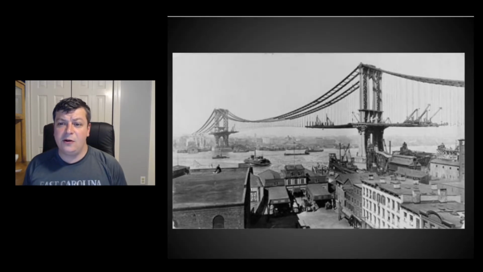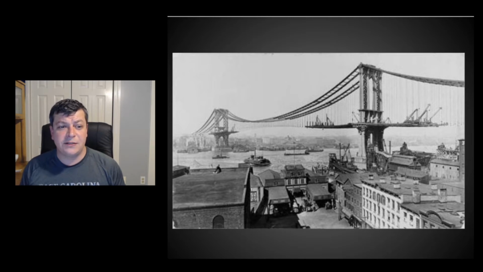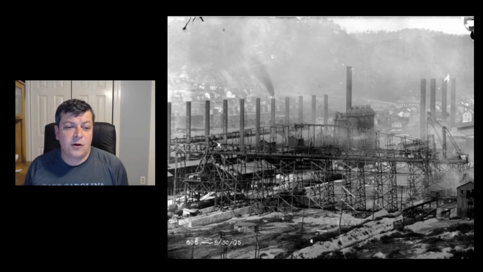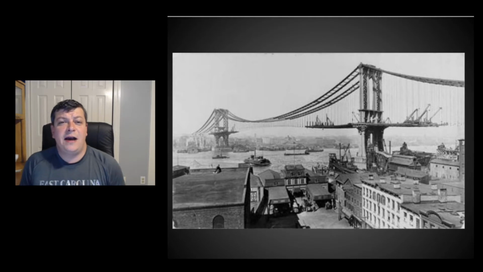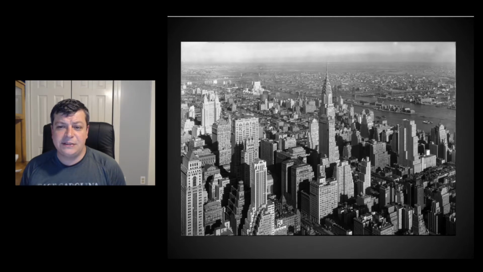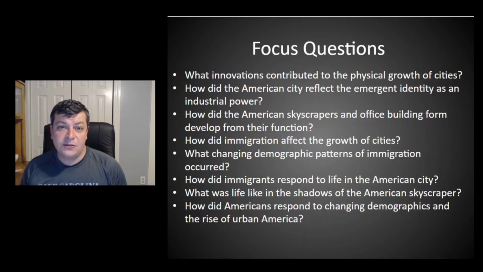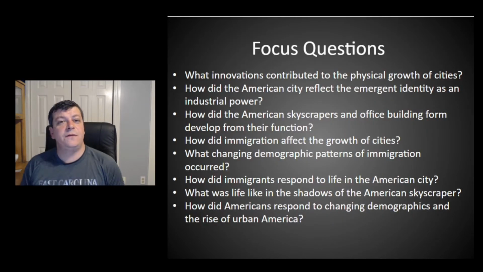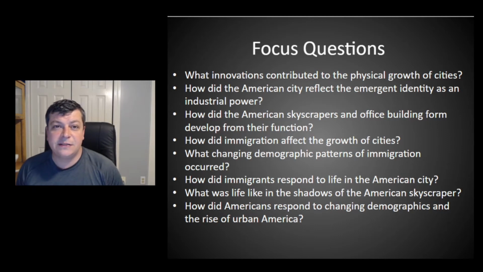As this growth occurred, people moved. People from the countryside, from different regions and different ethnic backgrounds began to immigrate into these fast growing cities that were going to be highlighted by steel construction. So, what we're going to try to do today is discuss this growth, this urbanization, and we're going to start with some very simple questions about the physical formation of the American city.